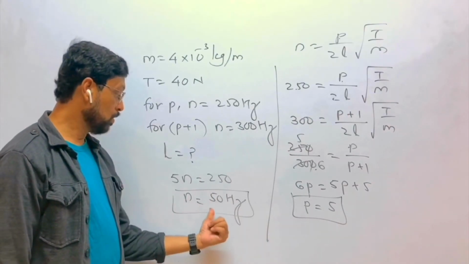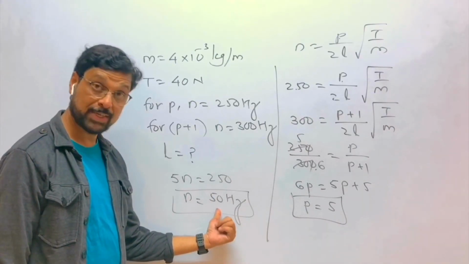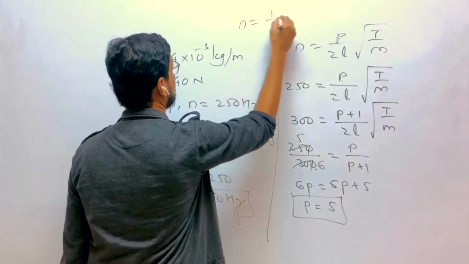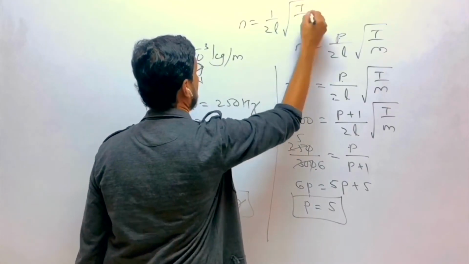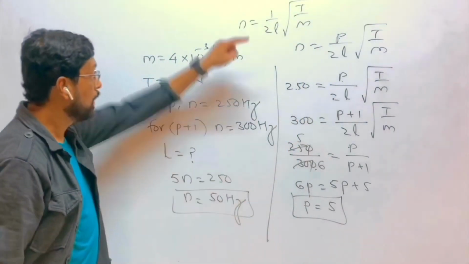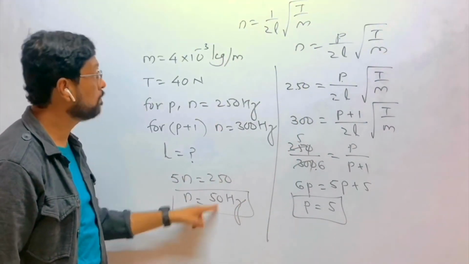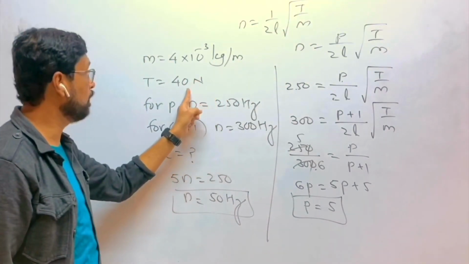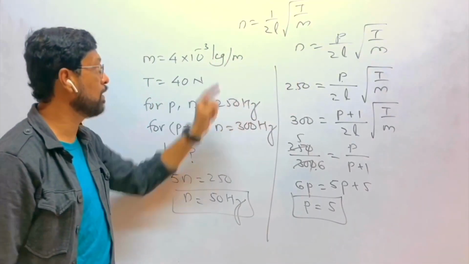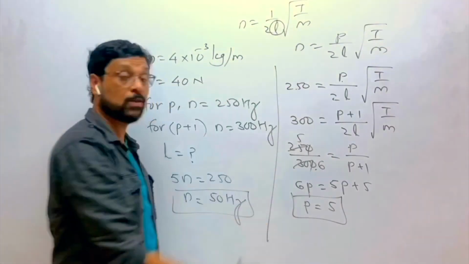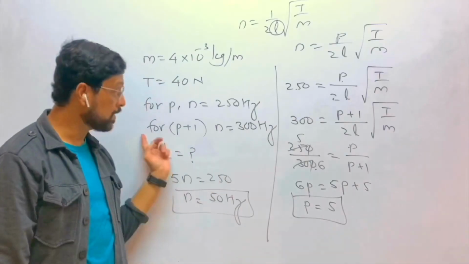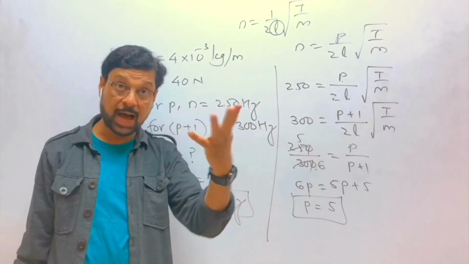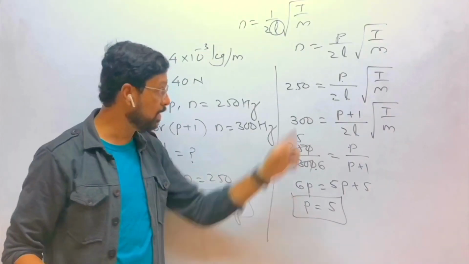You know how much is the fundamental frequency, so now we'll use the formula n is equal to 1 upon 2L under root T by M। n की जगह पर लिखेंगे 50, L हमको फाइंड करना है, T is given, M is also given, you'll get the length of the wire। मतलब ये सब कुछ जो करना है ये किस लिए करना है कि ये 250 हर्ट्ज कौन सा हार्मोनिक है ये फाइंड करने के लिए हमने ये किया कि